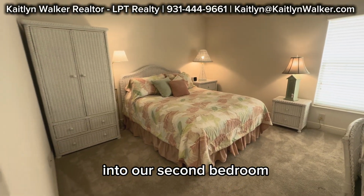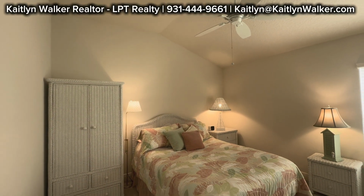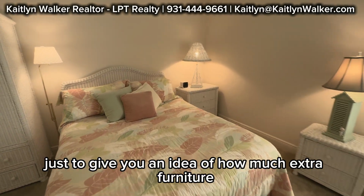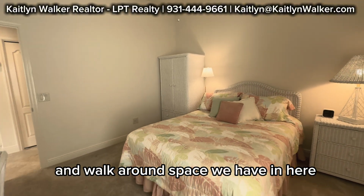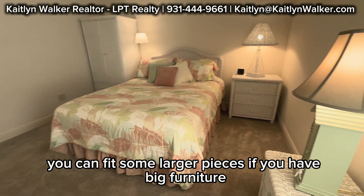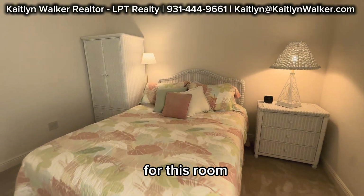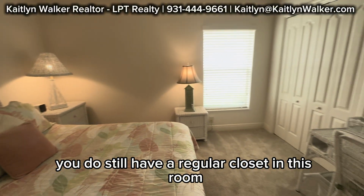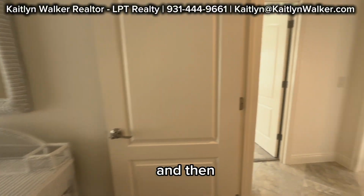Into our second bedroom. This looks like it could either be a full or a queen bed, just to give you an idea of how much extra furniture and walk around space we have in here. You can fit some larger pieces if you have big furniture. I think this is very appropriate for this room. End tables on both sides, a wardrobe, closet. You do still have a regular closet in this room. And then,